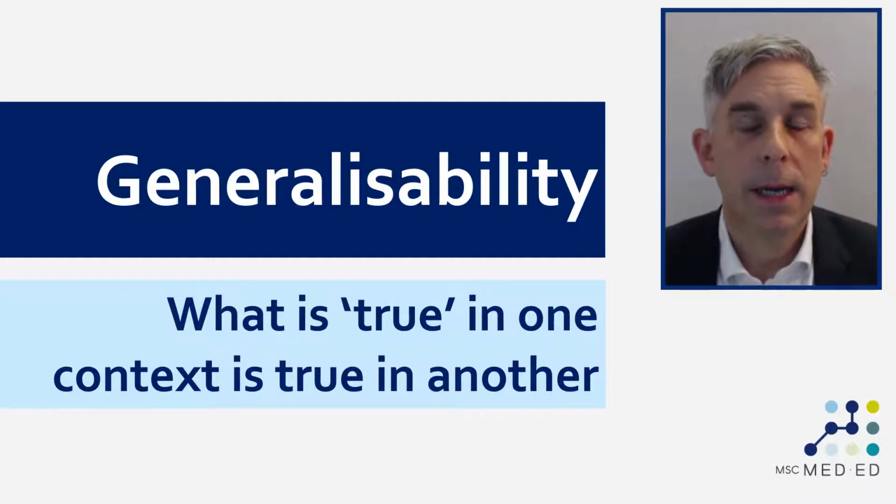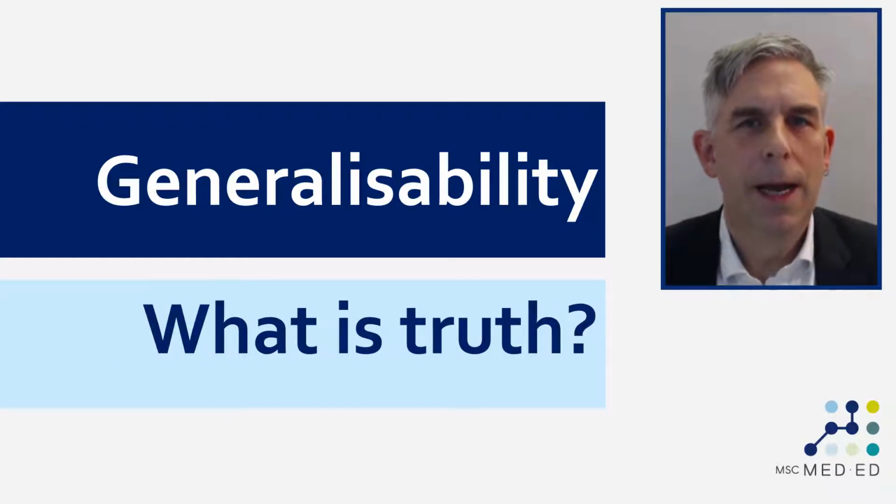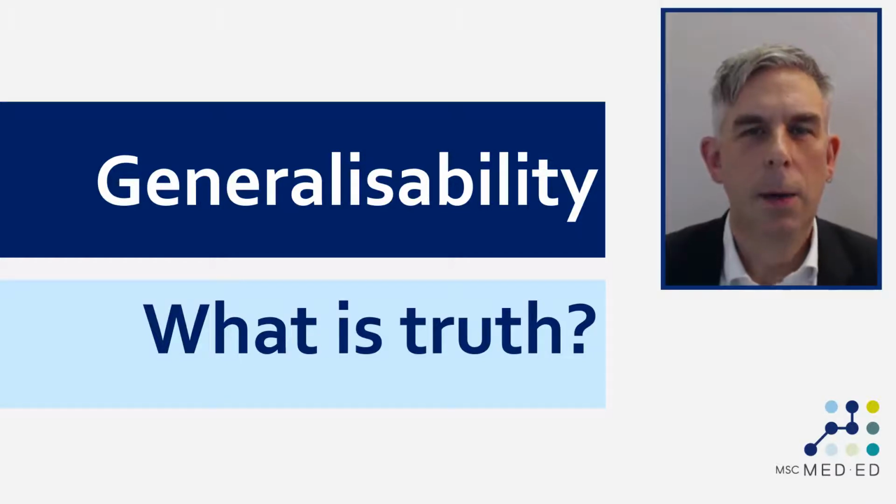So if you take, say, some clinical guidelines for practice that are based upon systematic reviews of randomized controlled trials, one of the major purposes of those is that if you take those findings which are generated in other contexts by other people and apply them yourself in your own context, the hope is you would find broadly similar results, i.e. what's true in one context is true in another. To understand that properly, we do have to think a little bit about what it means to say that something is true. And here then, we need to start to move into questions of philosophy.